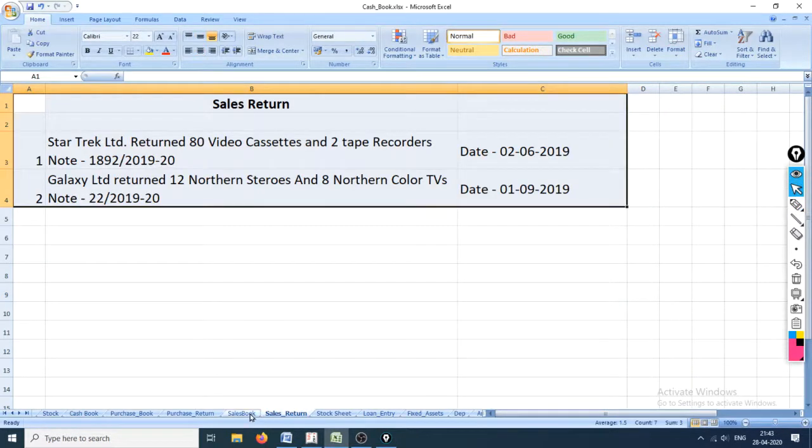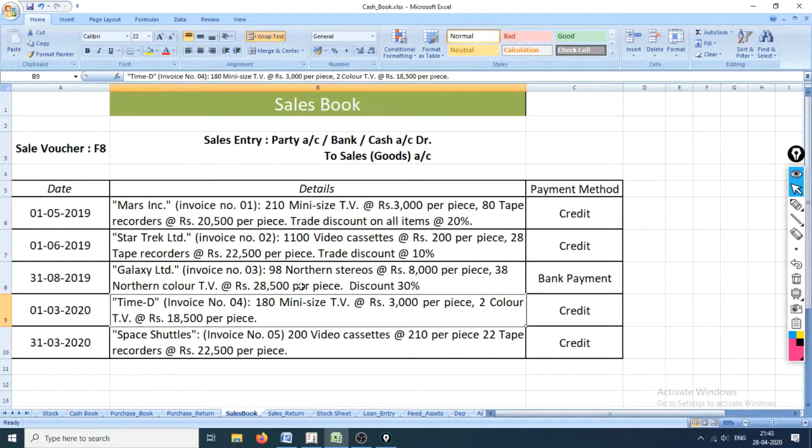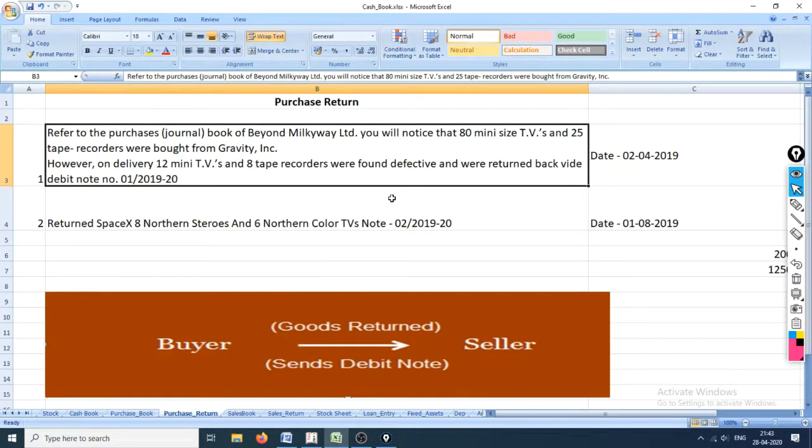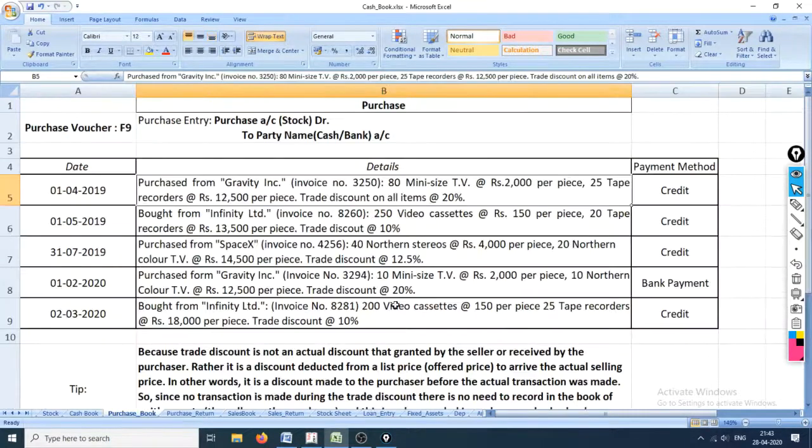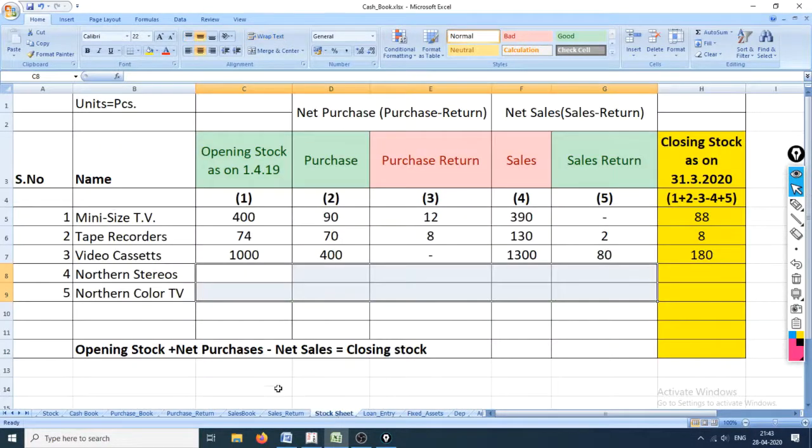80 were returned. Sales was 1100 and 200, that is 1300. Yeah, 12 mini recorders. Purchase was 200 and 250, so 450 is purchase.